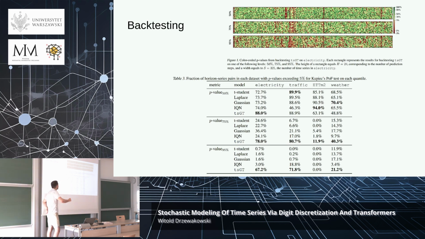The tails of the distribution. So what the Kupiec test does,